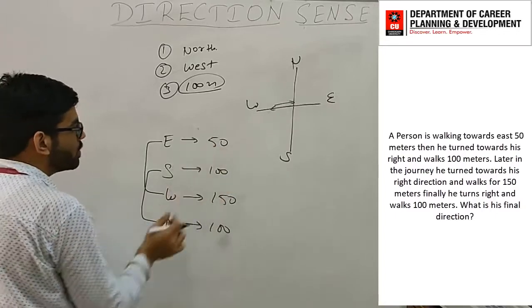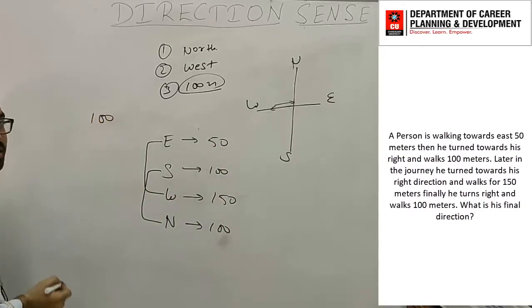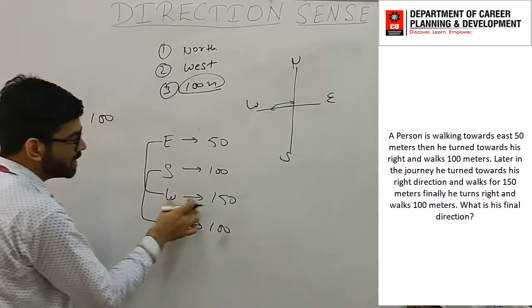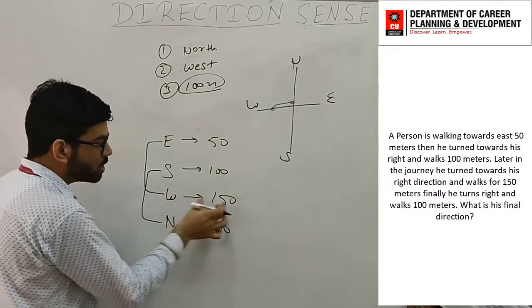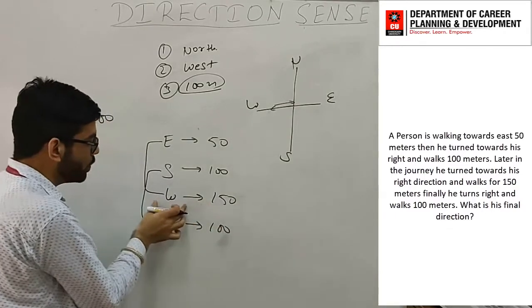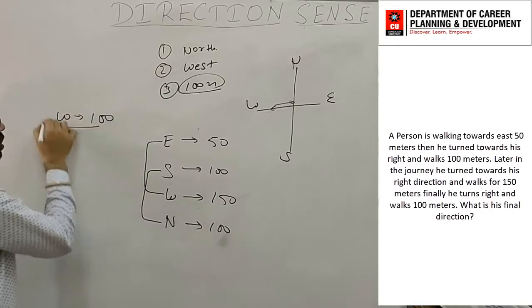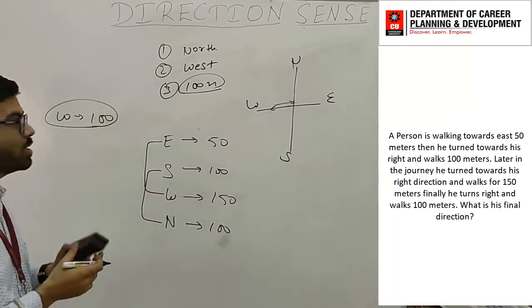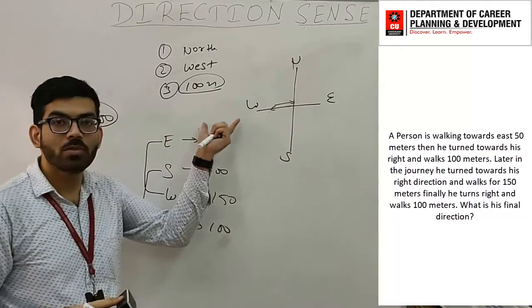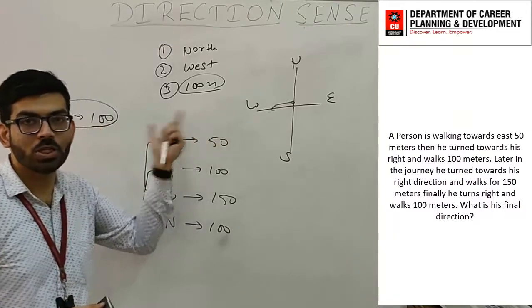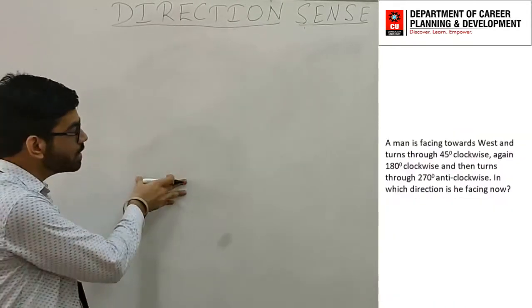Then 150 minus 50, your value comes out to be 100, and you have to see the value of maximum number. That means west, he has moved towards west. So you have to write here west 100 meter. This one is your answer in terms of direction with respect to starting point, direction and distance. Okay, let's see another question.